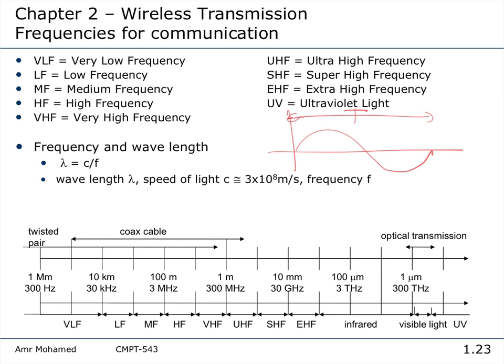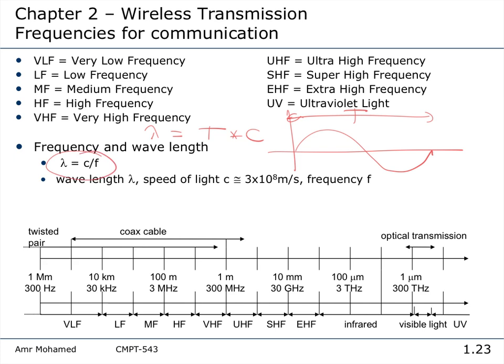Okay? But since we talk about travel, this means we travel with a specific speed, because we talk about an electromagnetic wave traveling through the air, right? So if we need to measure the distance in time T, we have to know the speed. And usually the speed is the speed of light. Electromagnetic waves typically travel through the air at the speed of light, right? So basically wavelength is time T multiplied by the speed of light. And we know that time T, the period, is actually 1 over f, right? So that's why the wavelength is c over f, okay?